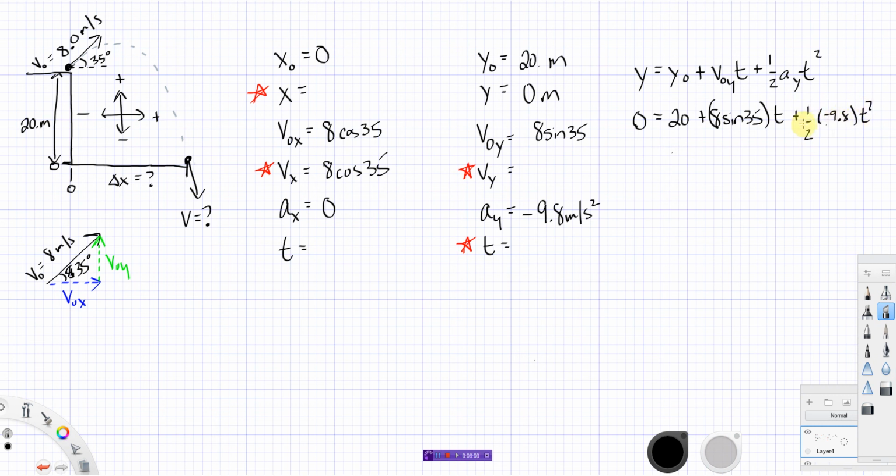All right, so I get this. This is a quadratic in time, so I will have to solve it with the quadratic formula. I'm not going to show you that. I'm just going to pause the recording and go do that. Okay, I went and did that, and because it's a quadratic, I got two answers. I got negative 1.61, but there's no such thing as negative time for us, so I'm going to ignore that one. And the other one was